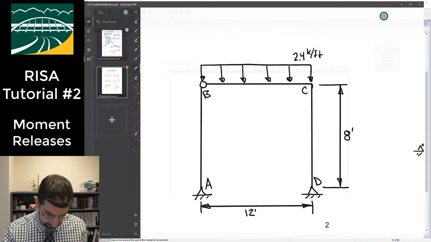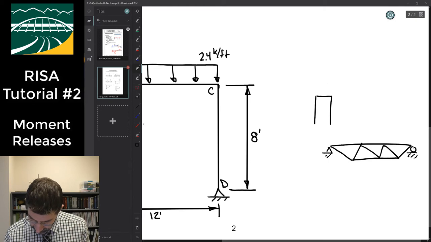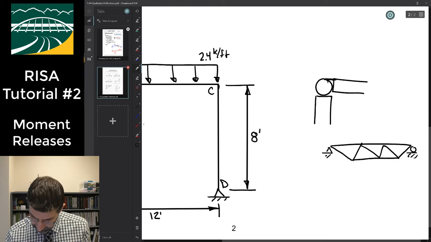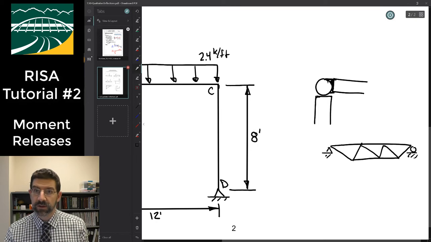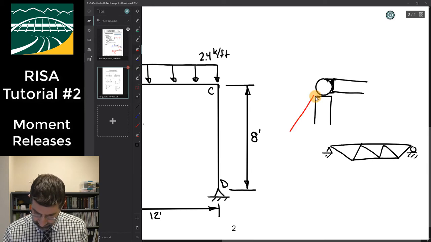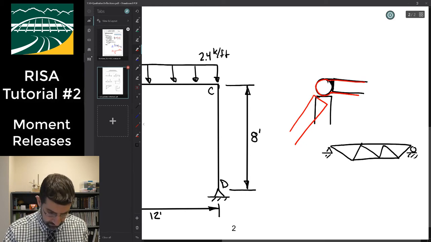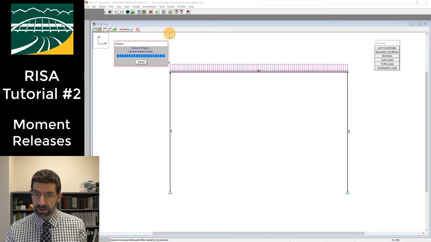So if I were to zoom in on that, I'm essentially saying, okay, I've got this member, I've got this joint, and then I've got this other member. And so right now, the way I have it is this member is still fixed to the joint, but the vertical member is not, right? So the vertical member can rotate, and it might do this, whereas over here, this will always stay with the joint. I guess you could sort of do that, right? So if I solve that now,